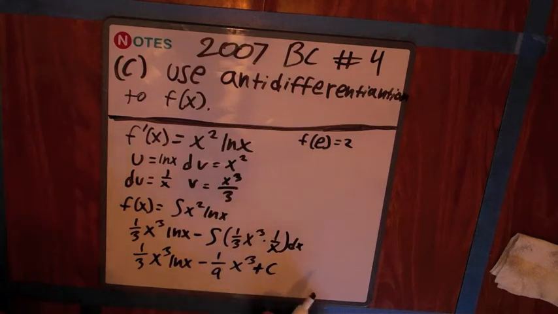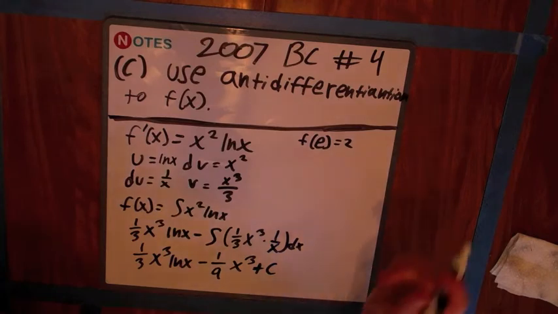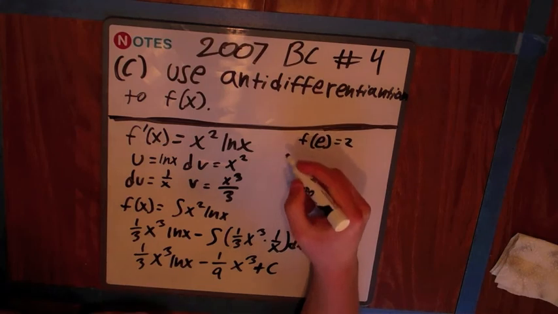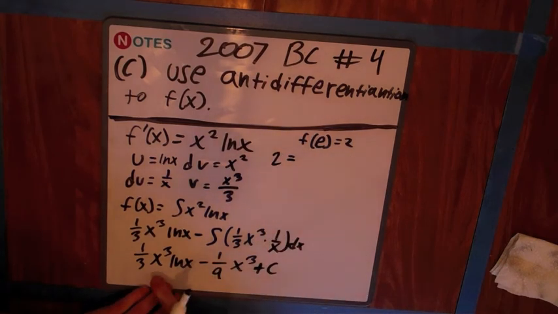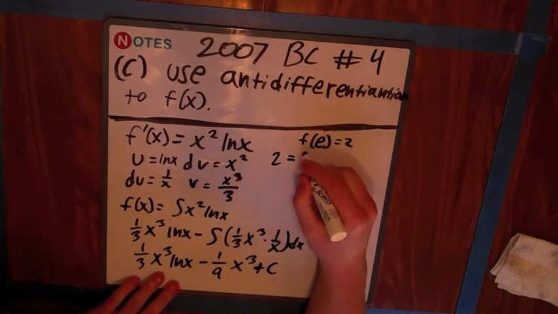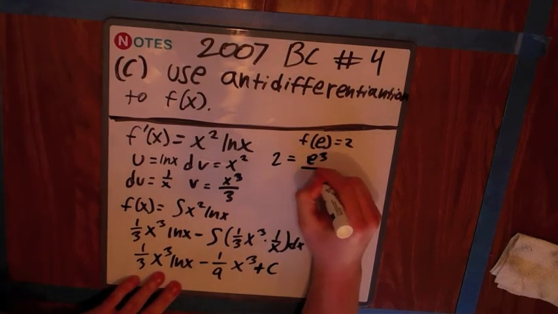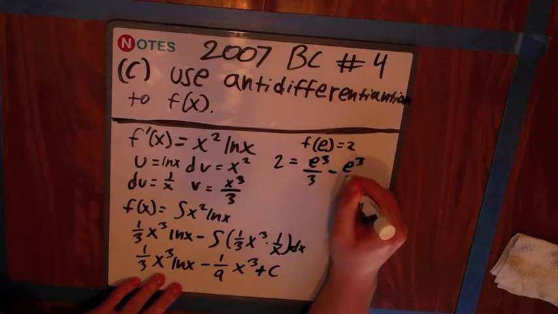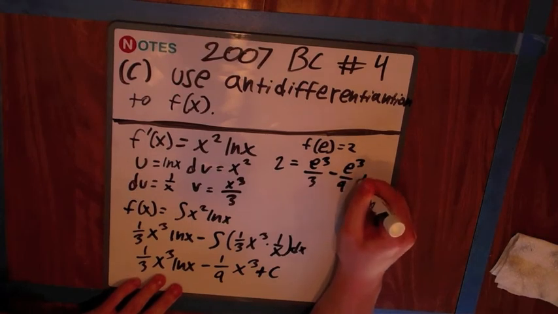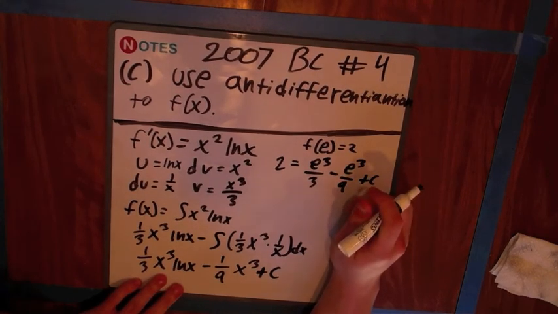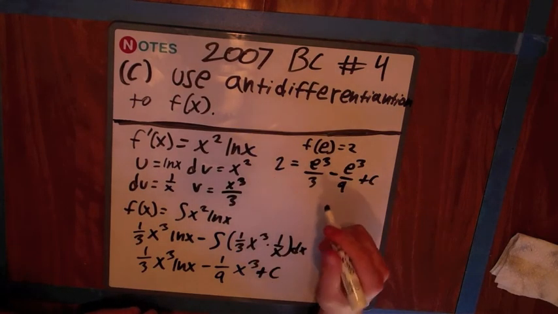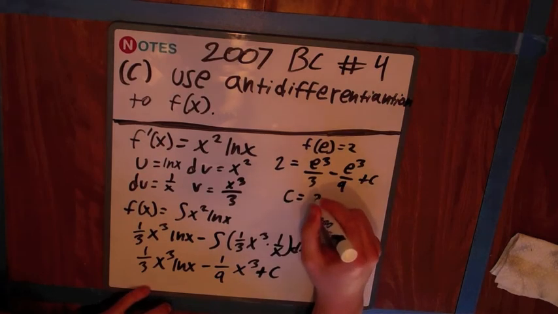Now, for the last part, we need to solve for c. Knowing our initial condition, f of e equals 2, we can write out 2 equals, plugging in e for x, e cubed over 3 minus e cubed over 9 plus c. Now we're going to solve for c. We're going to reduce these and then subtract them over to the other side, which will give c equals 2